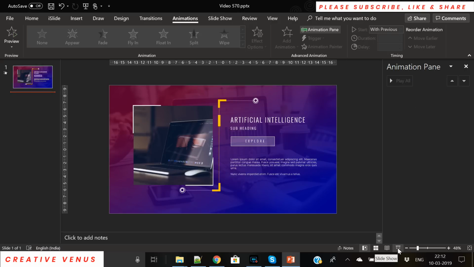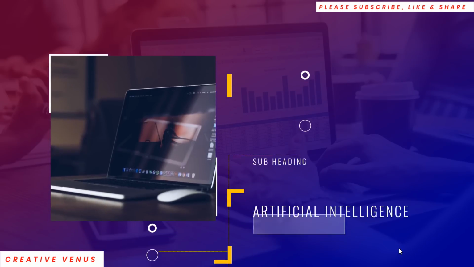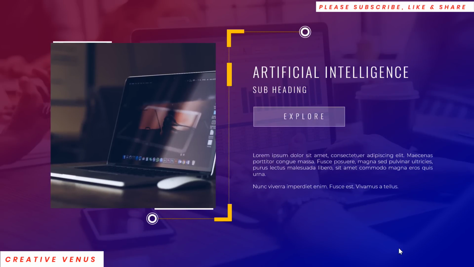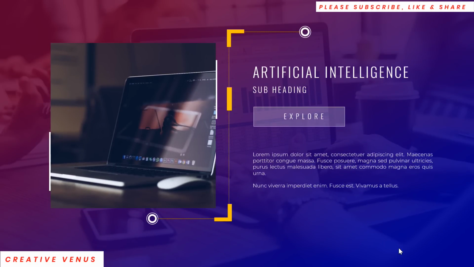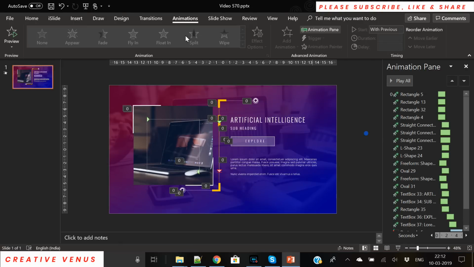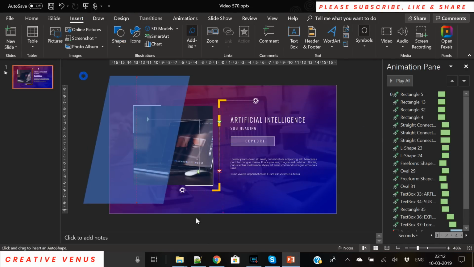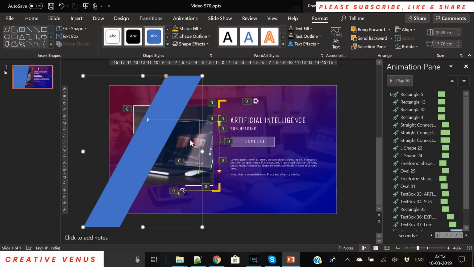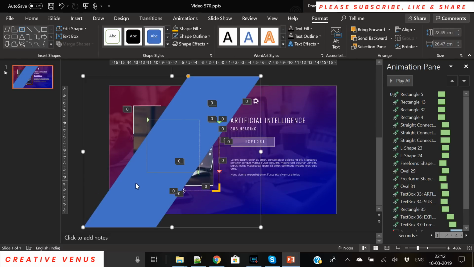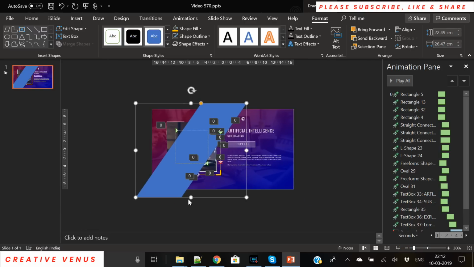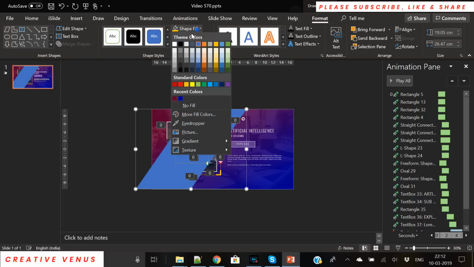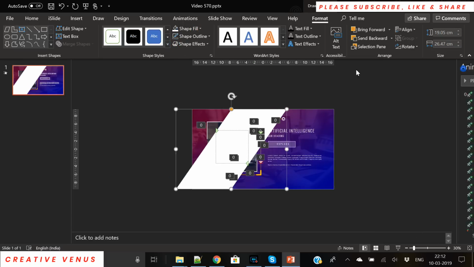So our 99% of the animation is done, but we have to do one more thing to make this animation look really wonderful. We have to animate the background portion as well. For that, we have to insert two shapes here, these rectangles, the slanted rectangles. The reason why we are inserting these two shapes is these two shapes will help in animating the background part,